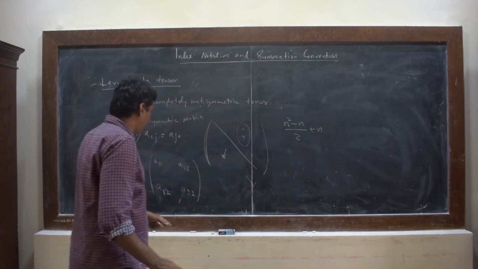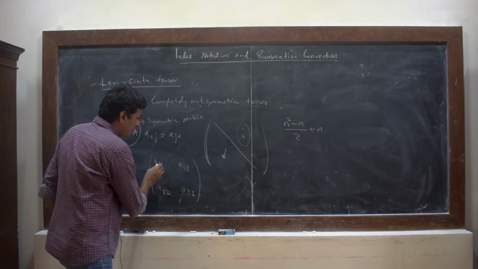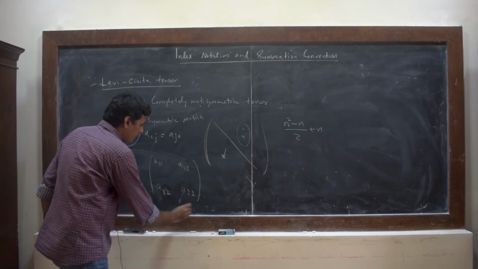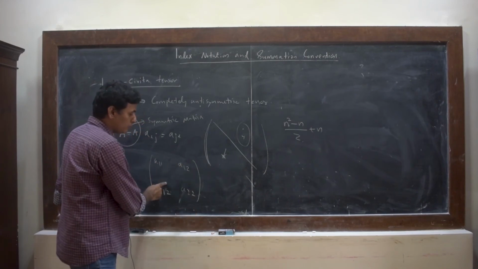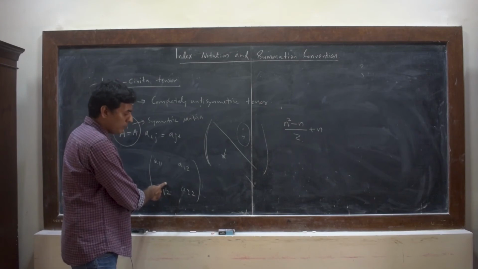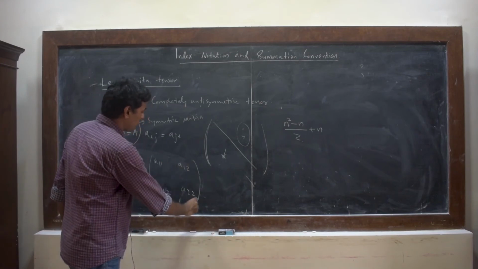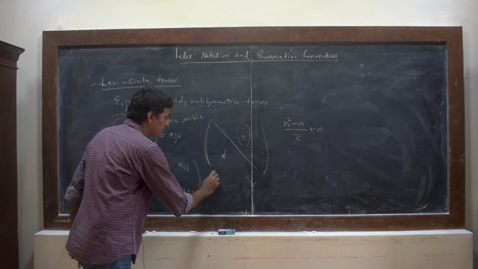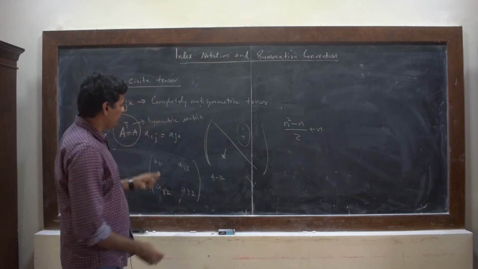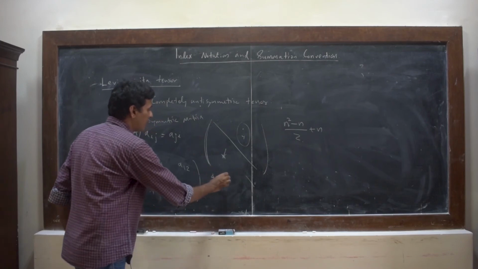Okay, this will be the diagonal. So you can see that what you need to have is the total number of elements is n square. Here n is 2, so it will be 4. N square will be 4, and out of 4, you subtract out the diagonal elements, 2 elements, 4 minus 2, and then you divide it by 2. So you will have just one element.